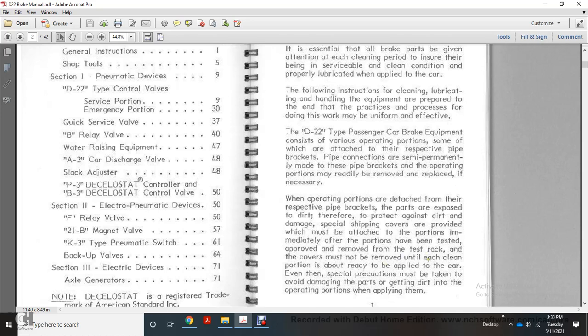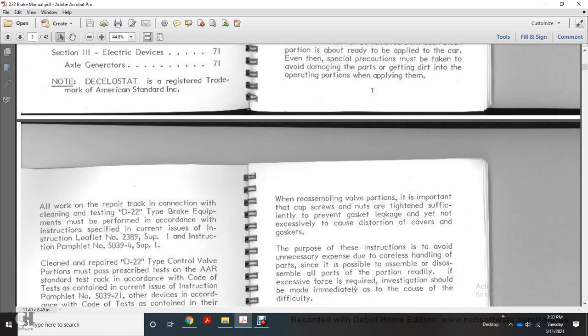The covers must not be removed until each cleaned portion is about ready to be applied to the car. Even then, special precautions must be taken to avoid damaging the parts and getting dirt into them, as operating problems will result. All work on the repair track in connection with the cleaning and testing of D22 type brake equipment must be performed in accordance with the instructions specified in the current issue of